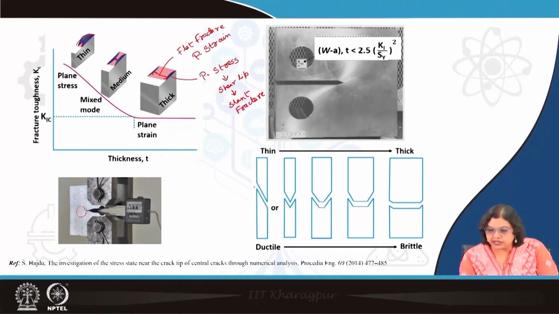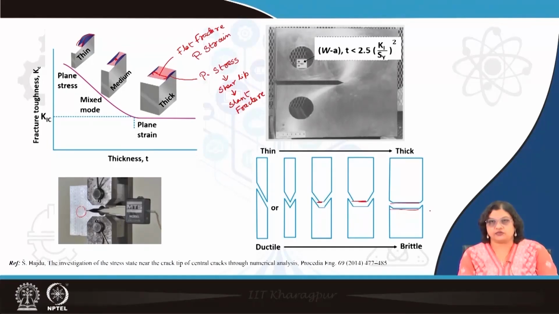If we have a thin plate, there is a completely slant kind of fracture or a cup and cone kind of fracture, and as we get mixed mode kind of fracture, the share of the plane strain component is going to increase, and finally, if we have a very thick plate, we are going to see the most pronounced mode of fracture under plane strain condition,